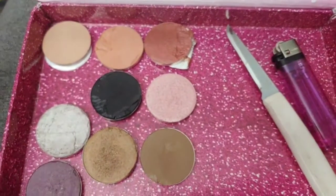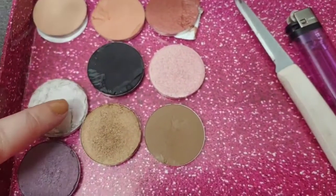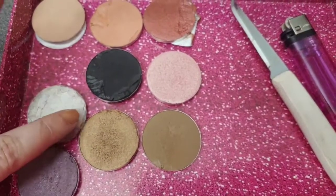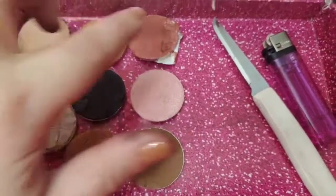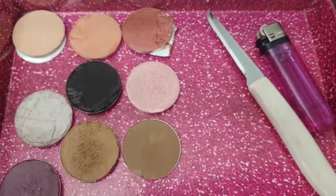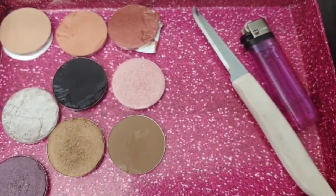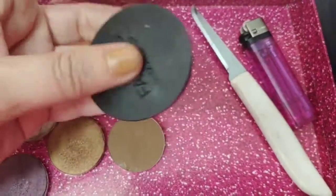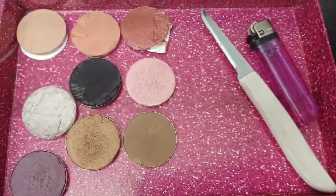My Farmasi shadows. Because they are so fine, a couple of them got cracked a little bit, but I didn't lose any of the color. You could always use a few different tricks to really press it back in. I'm just going to leave it for now. But this way, instead of having a whole bunch of these little containers around, I now